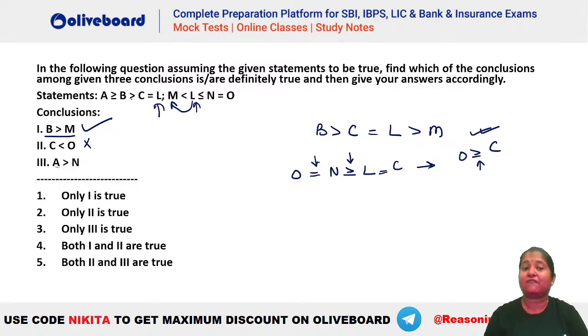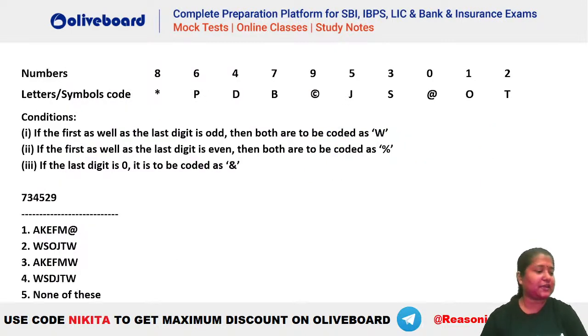A to N, do we have a relation from A to N? You can see A to B we can have, B to C we can have, C to L also we can have, but L to N we cannot travel because here the gate is closed. L is less than equal to N. तो जैसे ही less than equal to आ गया, you can see we are having symbols of opposite nature. We cannot determine the relation. मतलब ये भी आपका गलत हो गया. Okay, I hope this is clear everybody. ठीक है. So what will be the answer here? You can see the answer will be only one is true. That is option number 1. ठीक है. चलो next question very quickly on your screen.